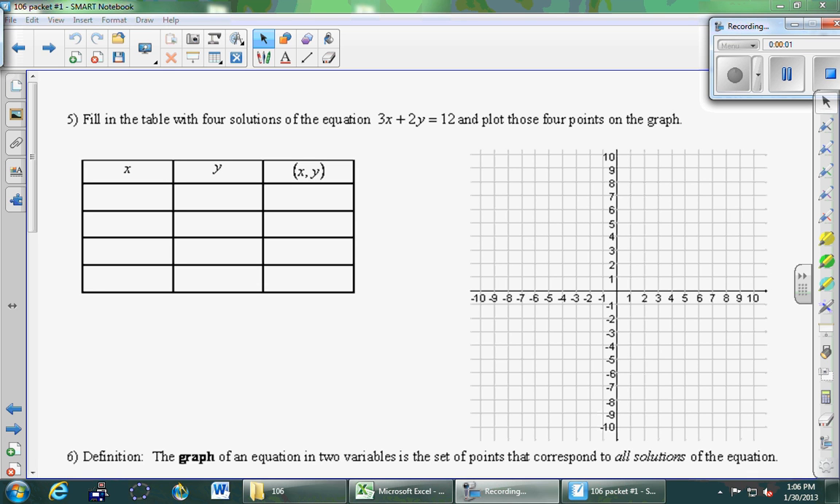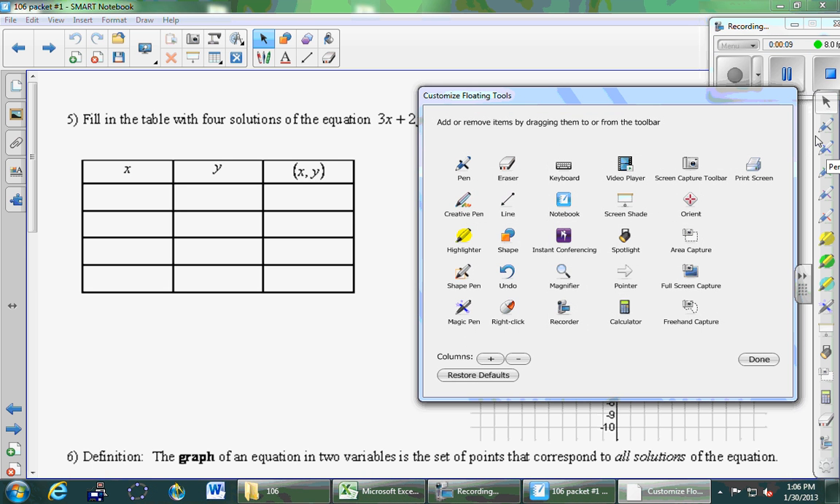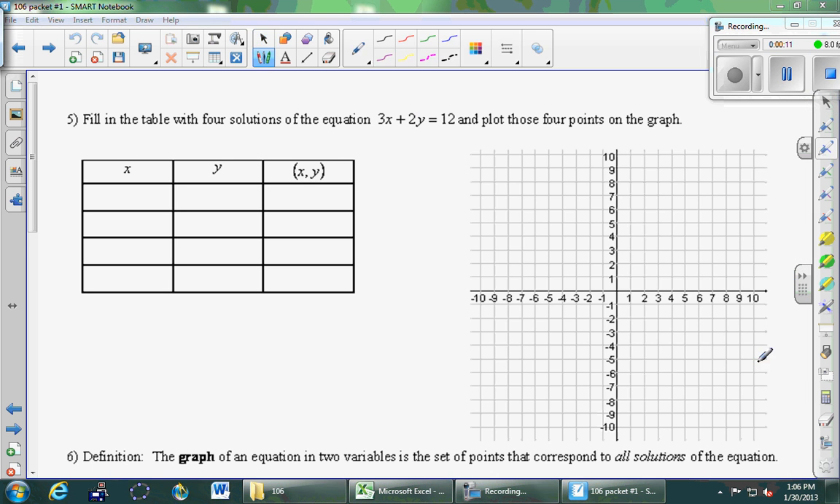Okay, so we're going to start just here in number 5. It looked like a lot of people were making some very good progress with number 5. Hopefully it's something that maybe you remember a little bit from 105, but let's see if we can talk through this one. So we're going to fill in the table with 4 solutions of that equation, 3x plus